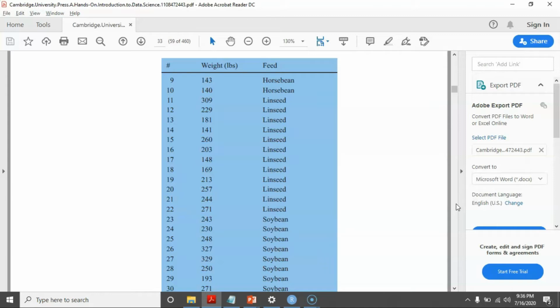Okay, we are ignoring the serial number or the record number, which does not make any sense to use for analysis purposes, because this is just a running number or a sequence to identify which record we are talking about. Otherwise, there is no use of this particular attribute, the serial number. However, the remaining two attributes, weight and feed, are important to analyze or to answer the question given above.